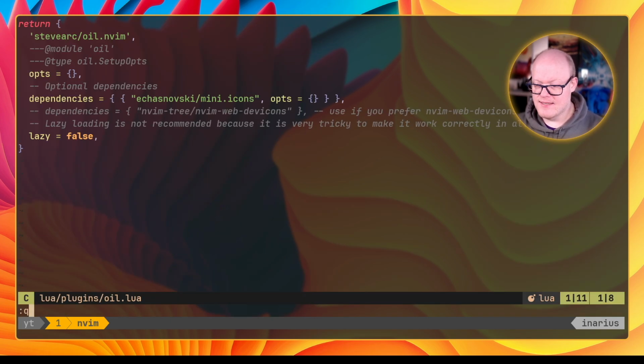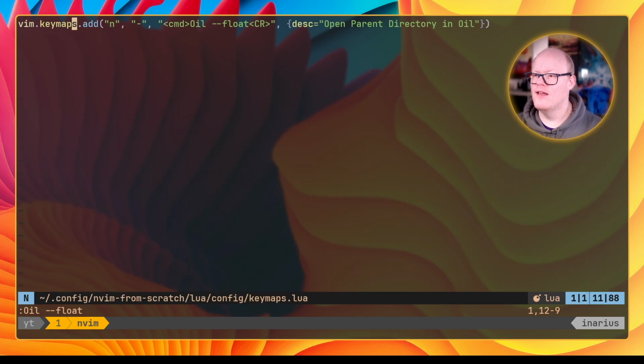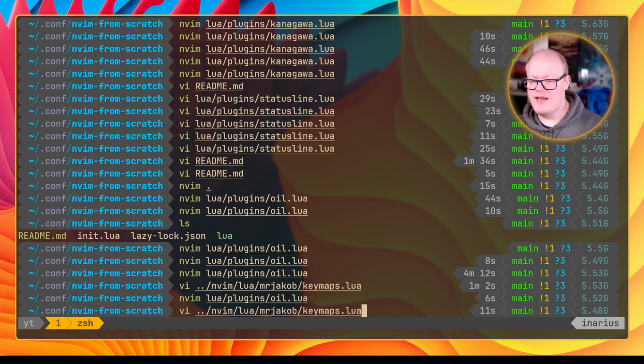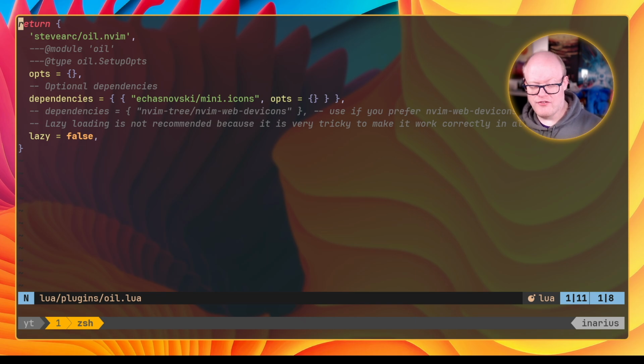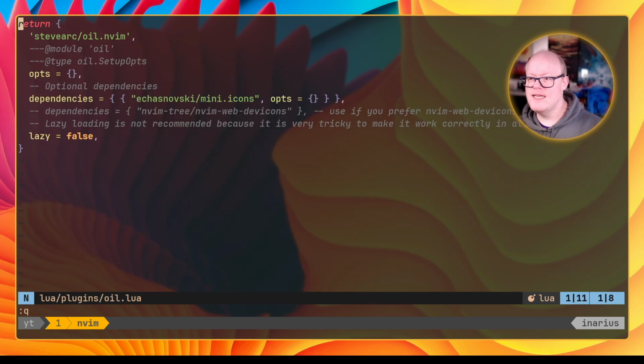So yeah, let's go back into our oil here. Let's go one level up. Let's go into config keymap, and it is keymap, and it is set. And I can really never remember. So if I now do that again, it should load perfect. And if I now press minus, great. Awesome. Now we have this mapped on the minus key, and I can use it to move around in the